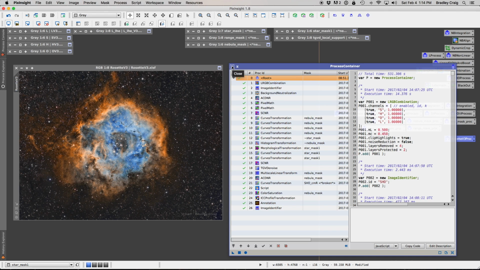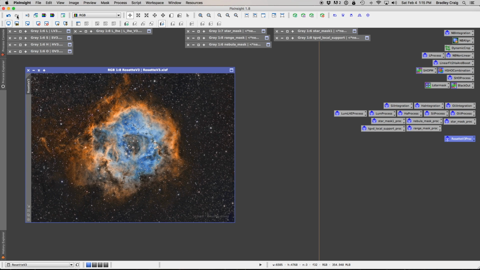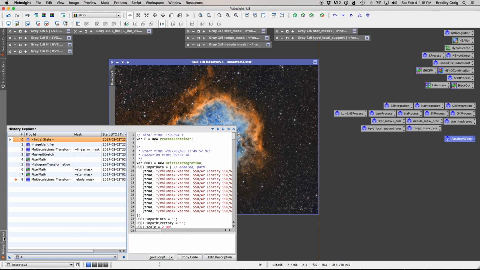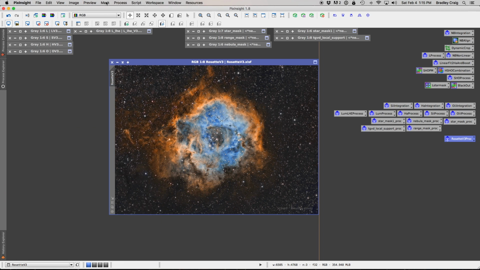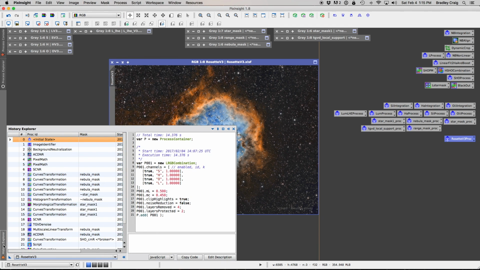So let's talk about the History Explorer. So you've all probably used the undo and the redo. If you haven't found the History Explorer behind that, then I strongly suggest you do. It is a really, really handy thing. Now, here it is, and if it's not there, I think you can basically get it there by going to View, Process Windows, and I think it's probably load that window, and it'll show up here,